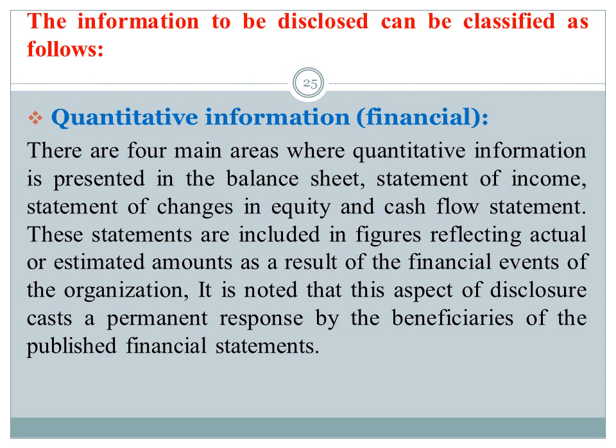These statements are included in figures reflecting actual or estimated amounts as a result of the financial events of the organization. It is noted that this aspect of disclosure caused a permanent response by the beneficiaries of the published financial statements. The other type of information,